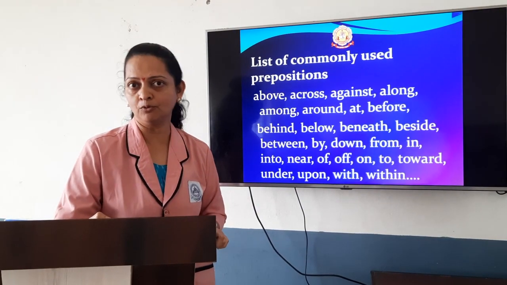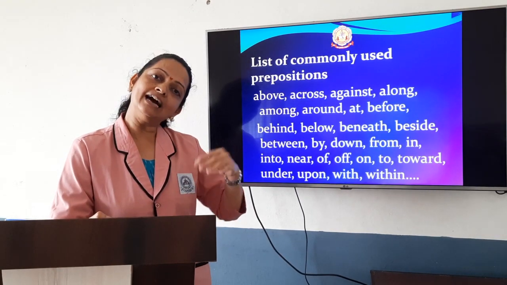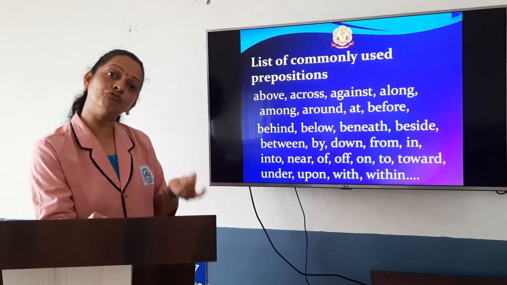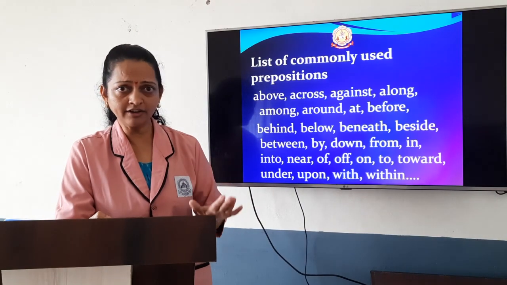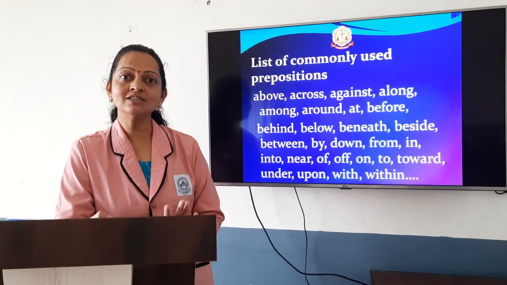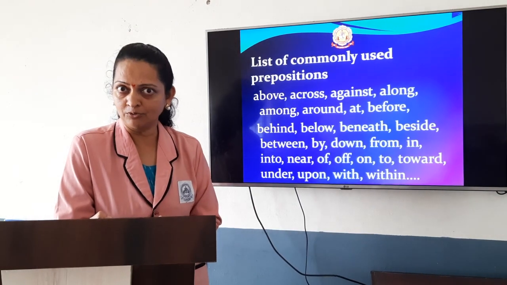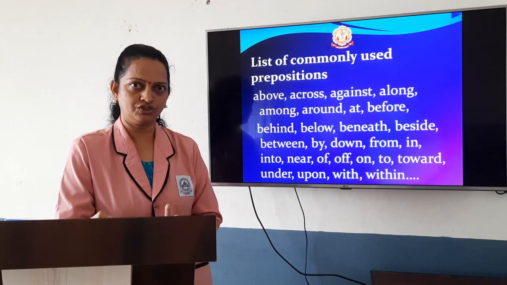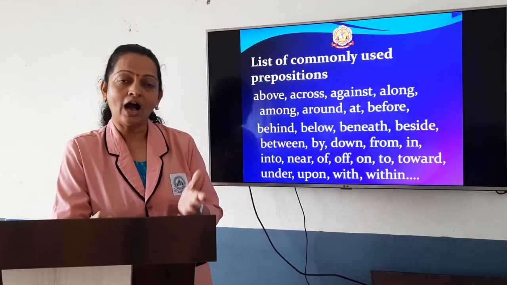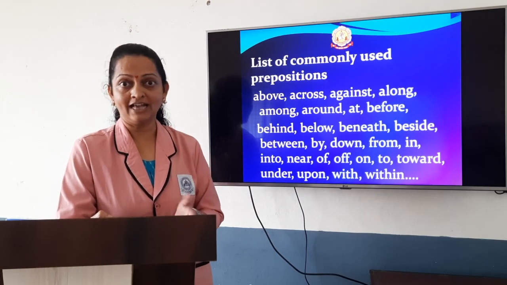Then we have the compound preposition. A compound preposition is nothing else but one simple preposition along with another word, and that word may be a noun, an adjective, a verb or an adverb. So not to get confused, we are going to see that afterwards. First I told you simple preposition, second was double preposition, third is participle preposition, fourth is compound preposition, fifth one is phrase preposition. A phrase preposition is nothing else but a group of words used as a phrase, for example, in front of or according to.